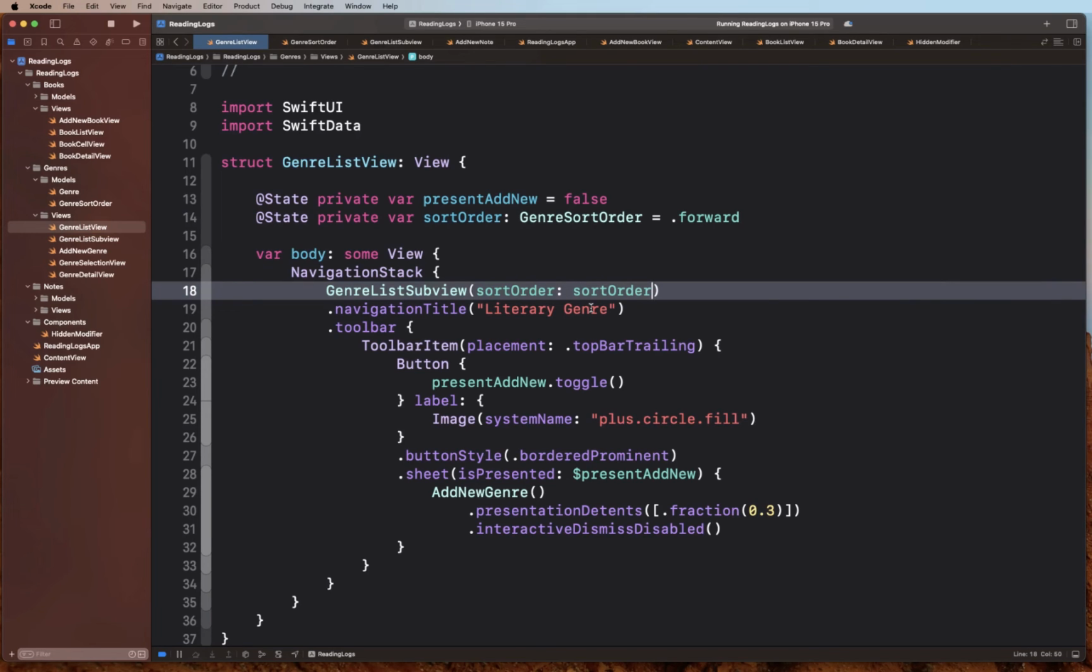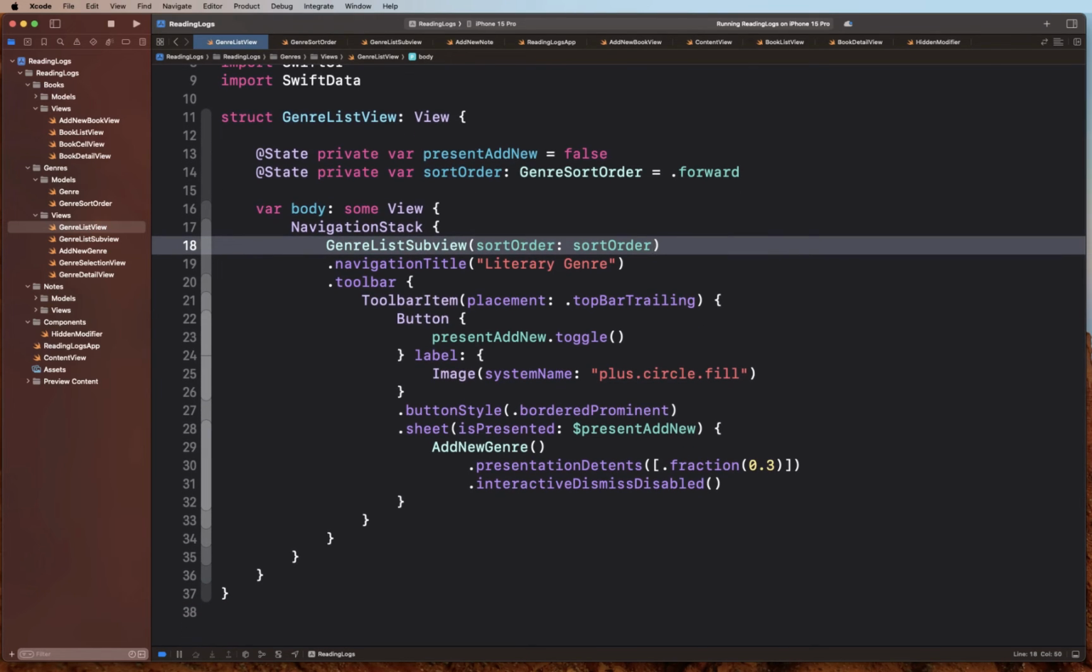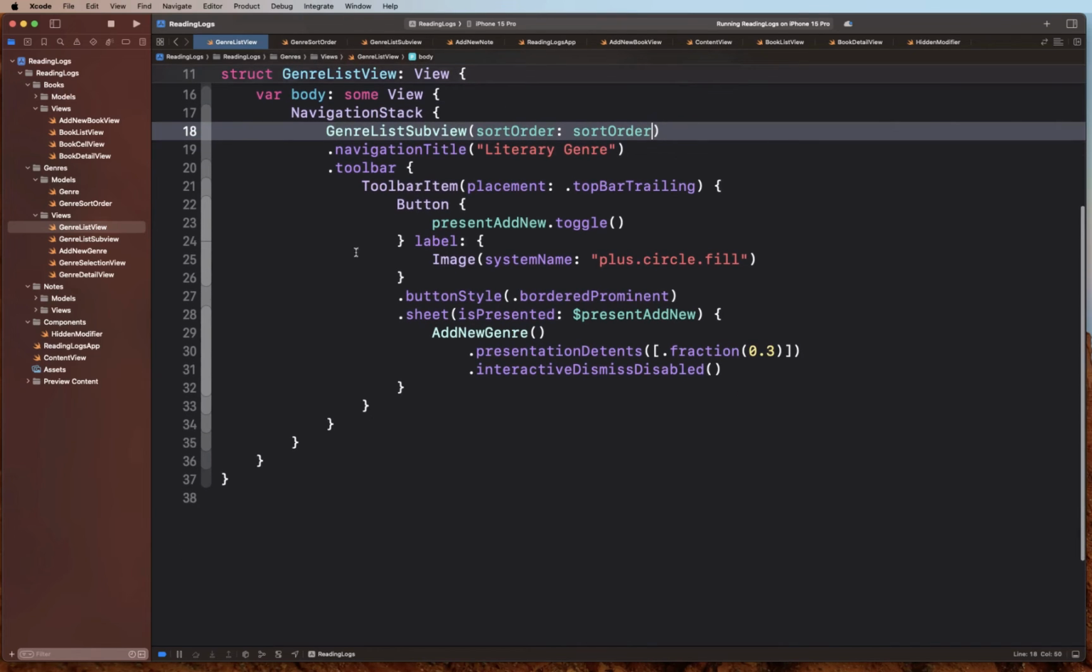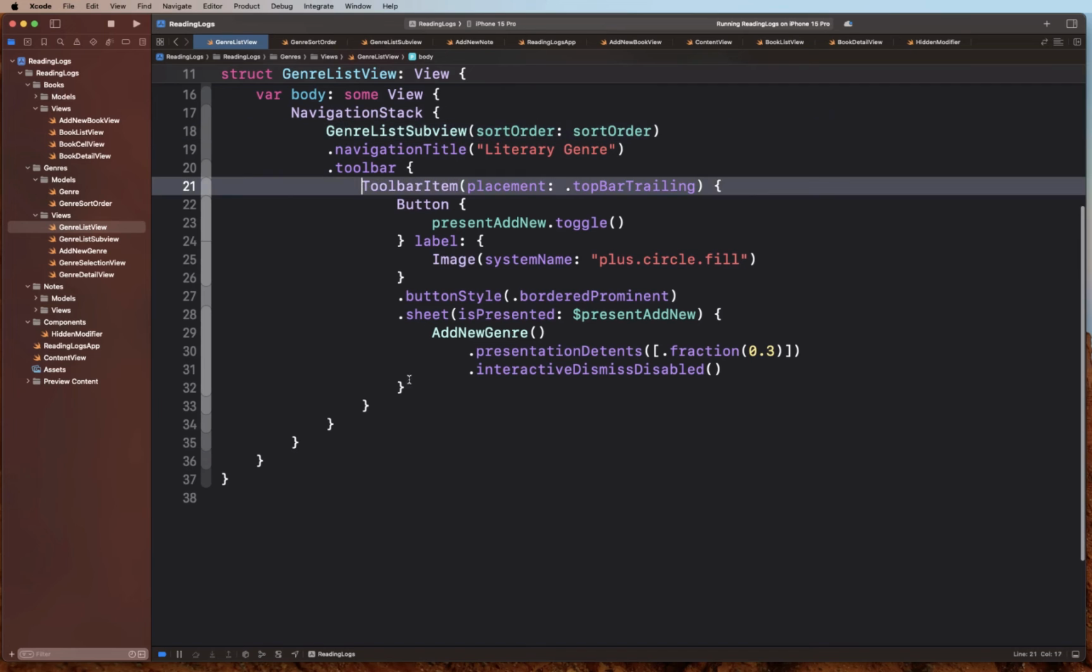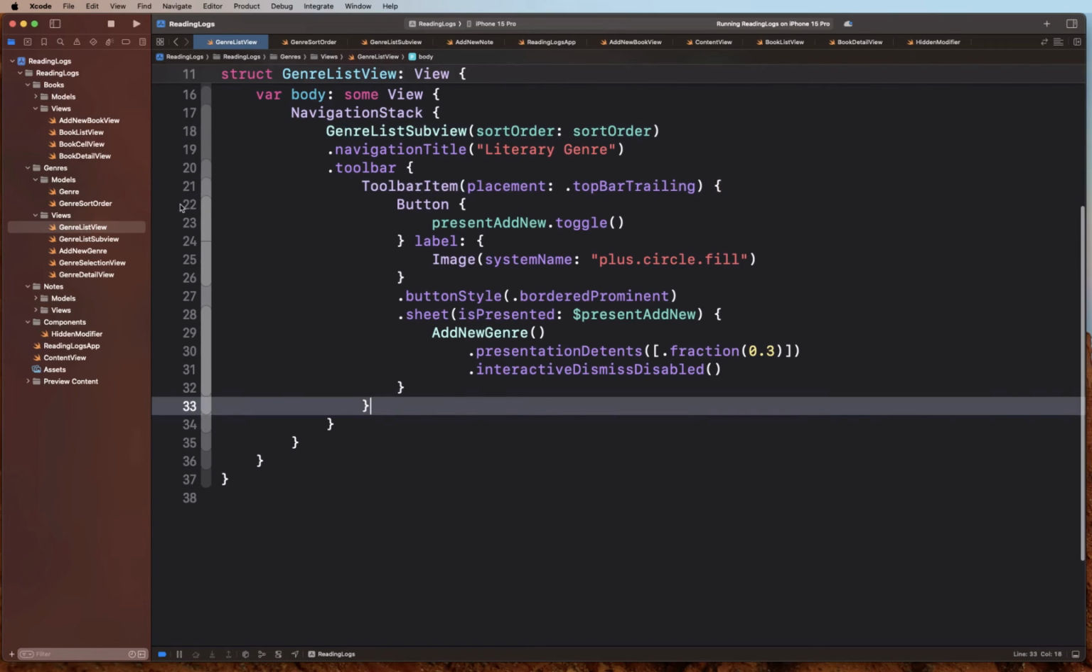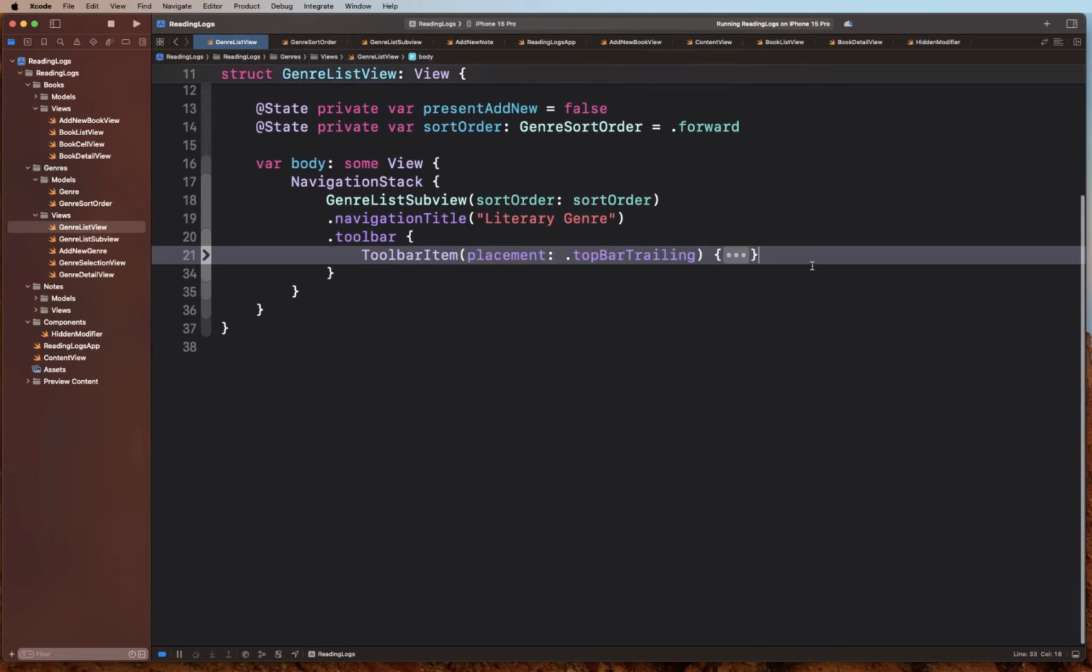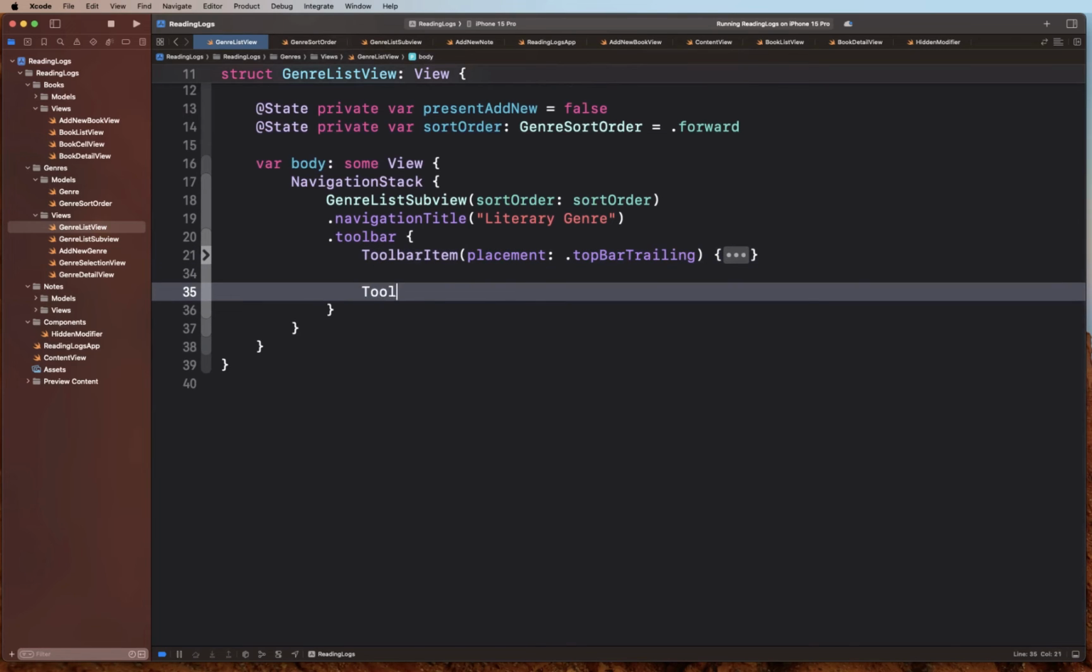Now we are basically passing the sort order that we are asking the user to define, but we don't have a way to change it, so it's always going to be forward. So let's go ahead and add a button in the toolbar, and basically this button is going to help us toggle between the forward and the reverse order. Okay, so go in the toolbar section, and right underneath the toolbar that is created for our top trailing, I'm going to collapse this one. We're going to create a new toolbar item,